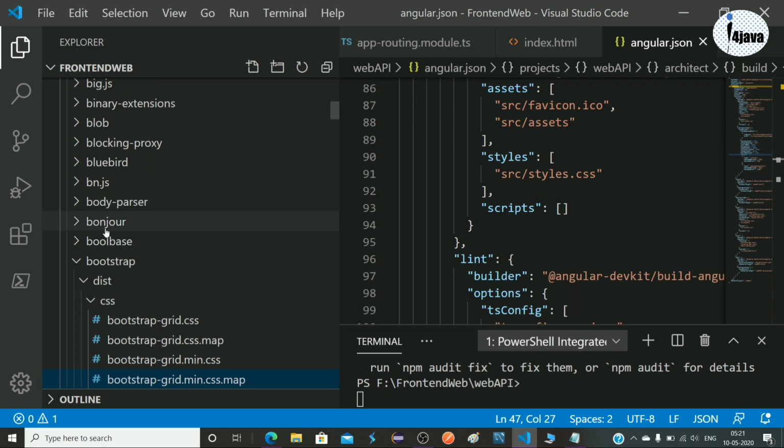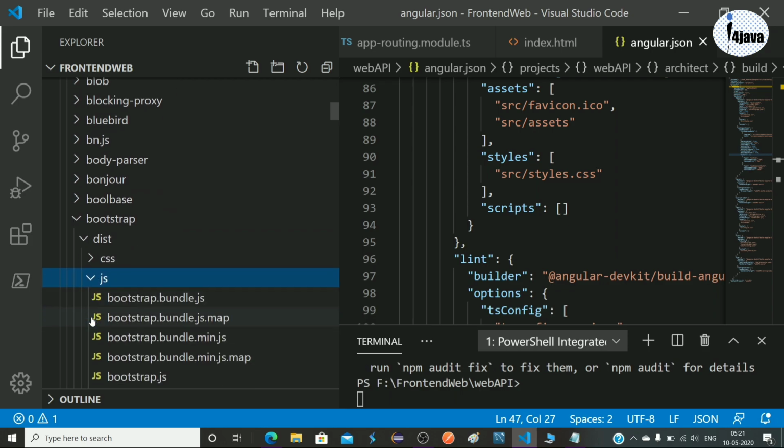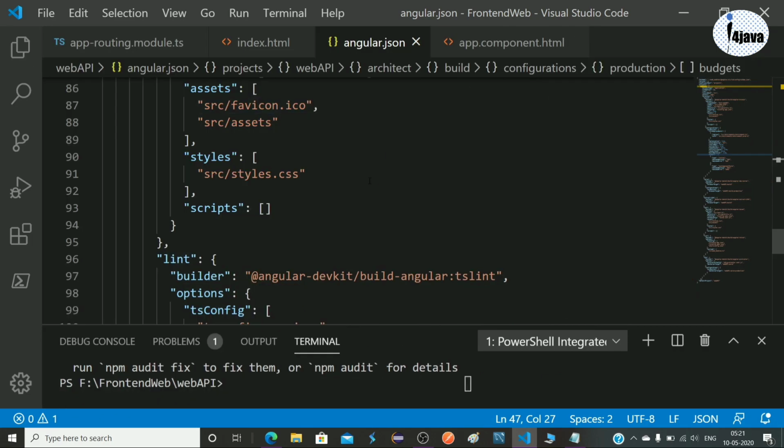We have to search for the bootstrap.min.css file. From the JS we need the bootstrap.bundle.min.js file. These two files we have to add in our angular.json file.